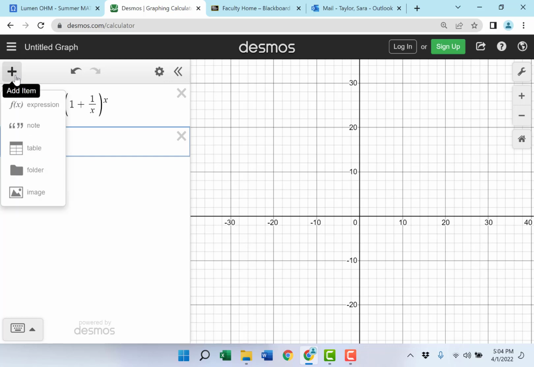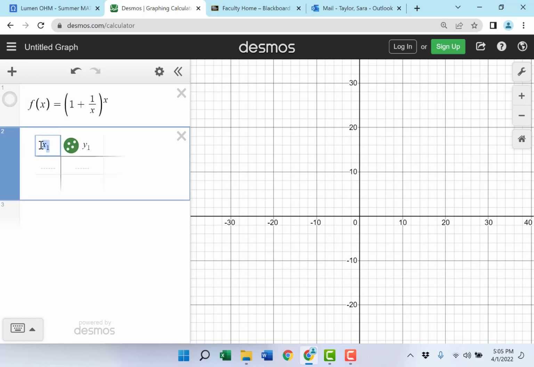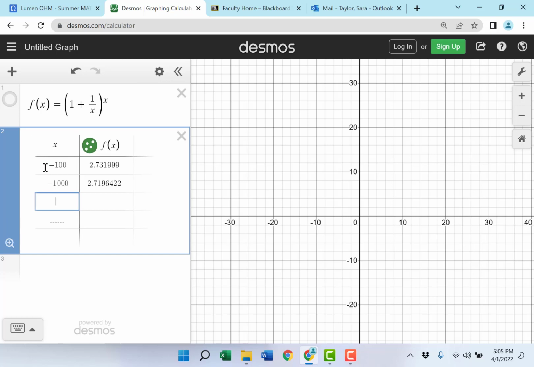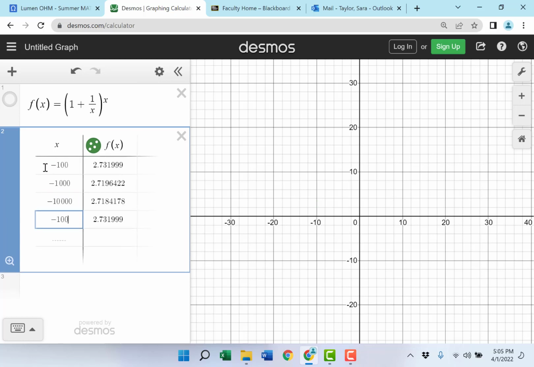So I'm going to go ahead and add an item by adding a table. I'm going to input x and output f of x into this. If I want to explore the left tail behavior, I want to plug in x values that diverge to the left, diverge down towards negative infinity. So I might plug in values like negative 100, negative 1,000, negative 10,000, lower, lower, lower, getting closer and closer